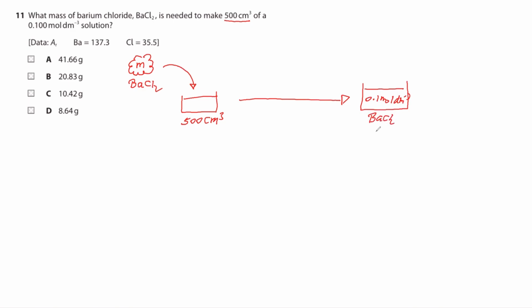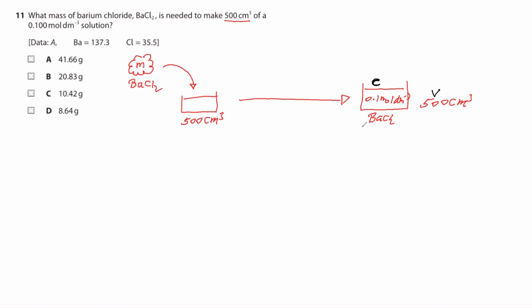Right. So here we have a lot of data. In the final solution, I know the concentration, I know its volume. Volume is 500 cubic centimeters. If I know the concentration, which we refer to as C, and the volume, V,